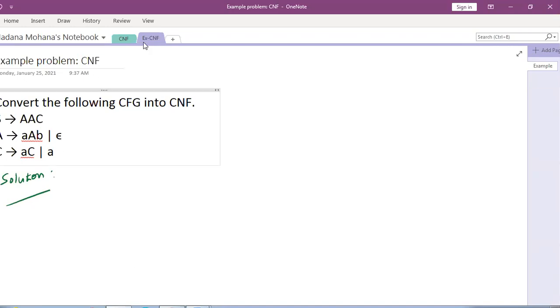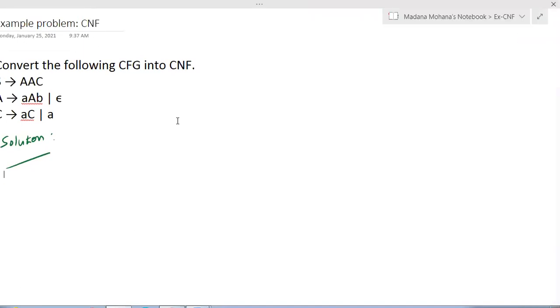You have to remove or eliminate all epsilon or null productions, all unit productions, all useless symbols and useless productions. So first check whether the grammar consists of any of these, then you have to start removing one by one. So step 1 is eliminate